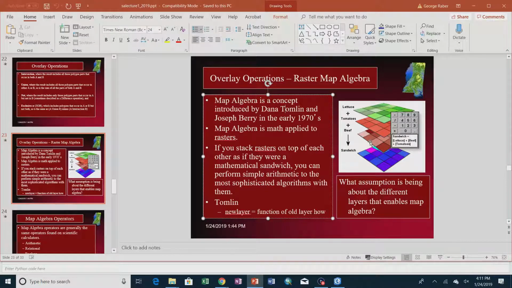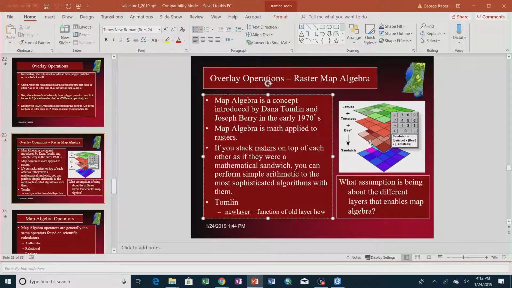There are some assumptions being made about the layers. And those assumptions get magnified if you start getting sloppy with cell size and projection information. And so you do have to pay attention to that. So when we're talking about multiplying two different data sets, if they don't have the exact same cell size and the exact same extent,